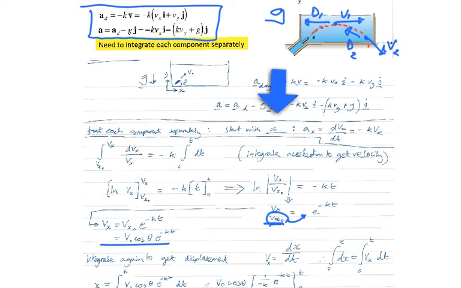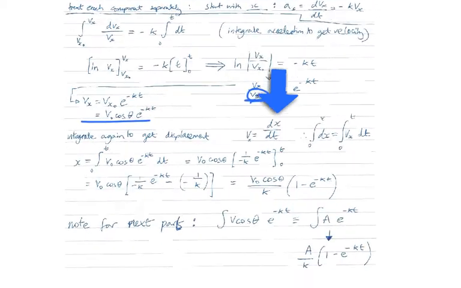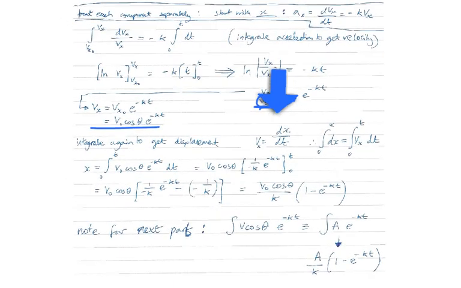Now if you want to get the displacement, you have to integrate again. So slightly more complicated. To integrate again, you take the expression for velocity that you've defined, and this is equal to dx/dt. So you have then the integral of dx on its own and v times dt, and because your v is a function of time, that's going to work. So the only functional variable there is time. So on the left hand side the integral is just x, on the right hand side you're going to have to integrate this function,